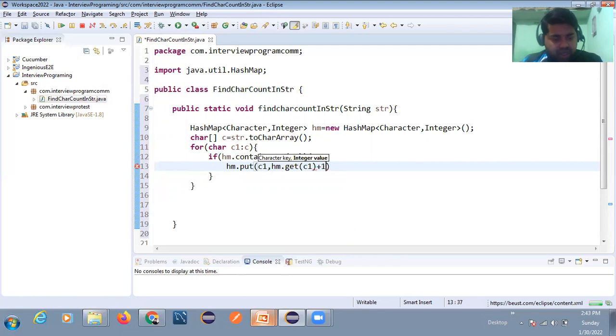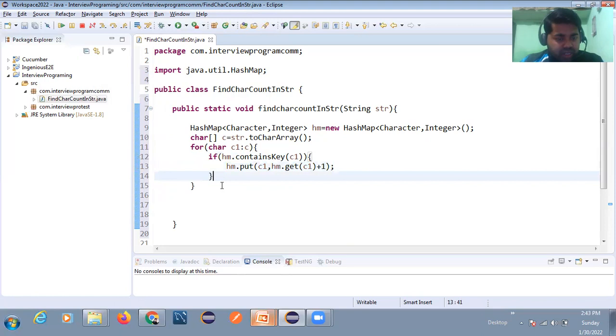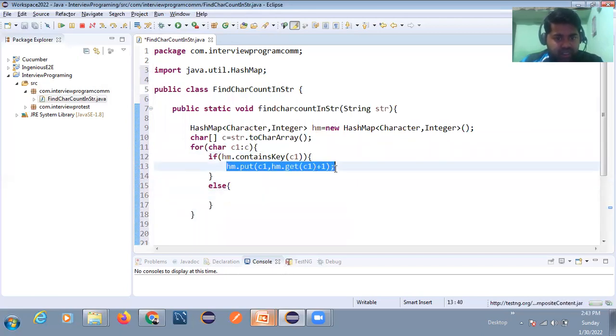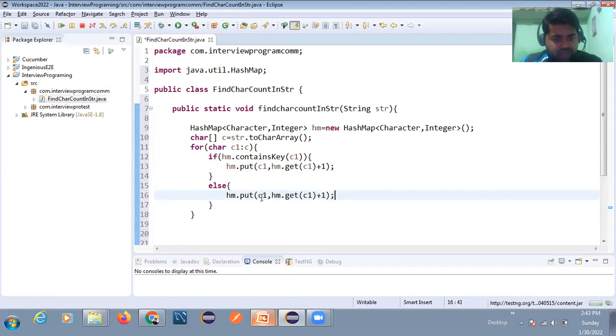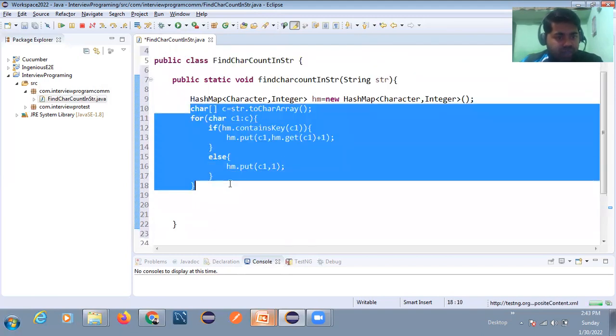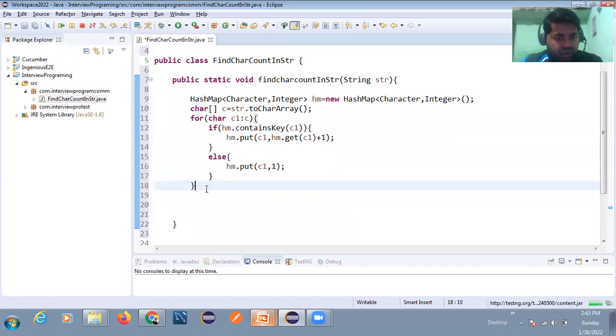After that, we will use an else condition, and in the else condition I can do the same. I will come to how it will work, but first I'm going to develop this code.